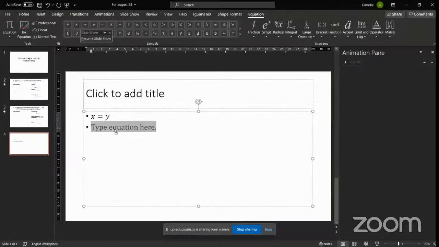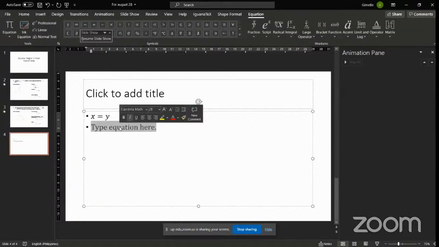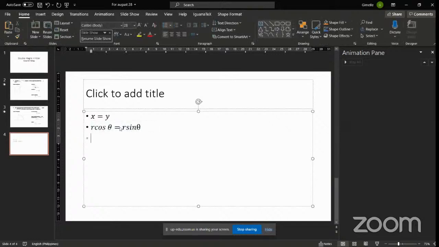Yan. So, again, di ba may bounds na, yung huling tatamaan niya is yung x equals y for theta, di ba? So, again, meron kang x equals y. So, x is equal to r cosine theta. Tapos, equal siya sa y naman is r sine theta. And, ngayon, assuming na si r hindi 0, so we have here